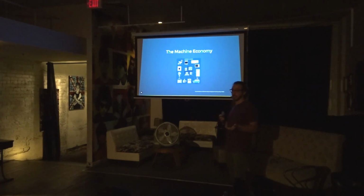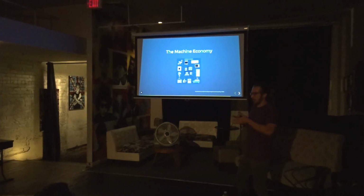a charging station that does not have anybody currently on it. Finds the nearest charging station, lands on the charging station, enters into a financial agreement, a contract with the charging station, and now pays microtransactions to the charging station for every unit of energy transferred to the drone. The drone now has entered into another financial contract and is transferring value to some other entity. The drone continues to fly on,